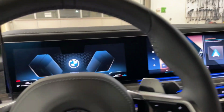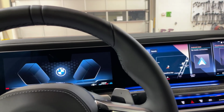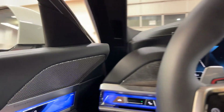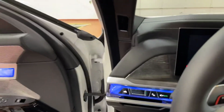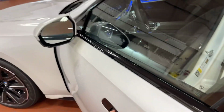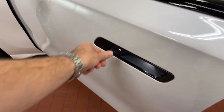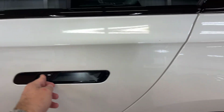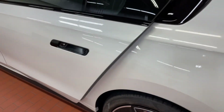So this is nice up here, but this is really not where you want to spend your time necessarily. So let's open the door, and let's actually wake the car up, and let's go back here. So like I said, if I press that button, oh, it's not working. There it goes. You press that button, it does that. You press that button, the door will open,